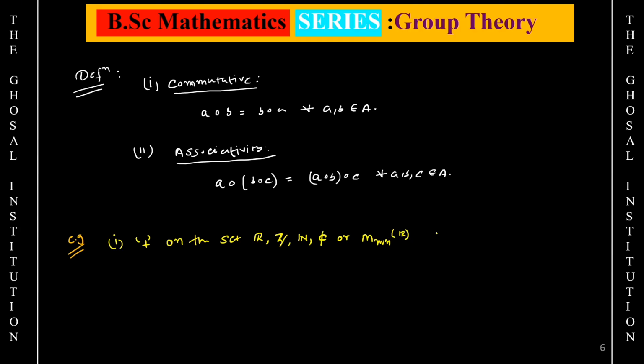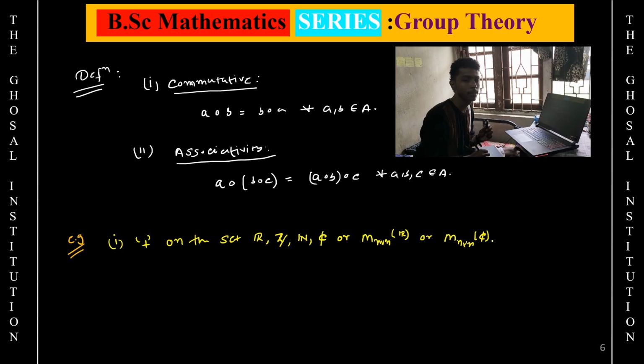It means this is the set of n cross n matrices whose entries are all real numbers. Or you can consider n cross n matrices over the field of complex numbers. Actually this is called a field, and we will do it much later. It means it is the set of matrices of order n cross n whose entries are all complex numbers. In these sets this plus sign is always